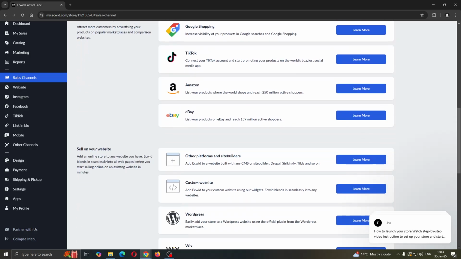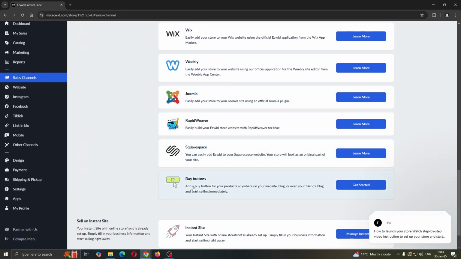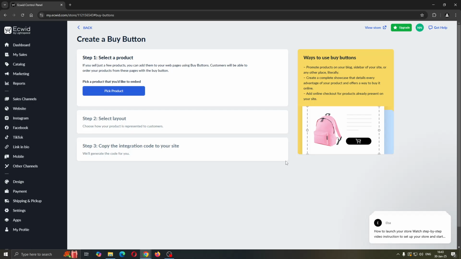What we want to do is scroll all the way down until we find sell on your website. Right here in sell on your website, the last option is going to be buy buttons. Add a buy button for your products anywhere on your website, blog, or even your friend's blog and start selling immediately. So what we can do guys is click the get started option right here next to the blog option